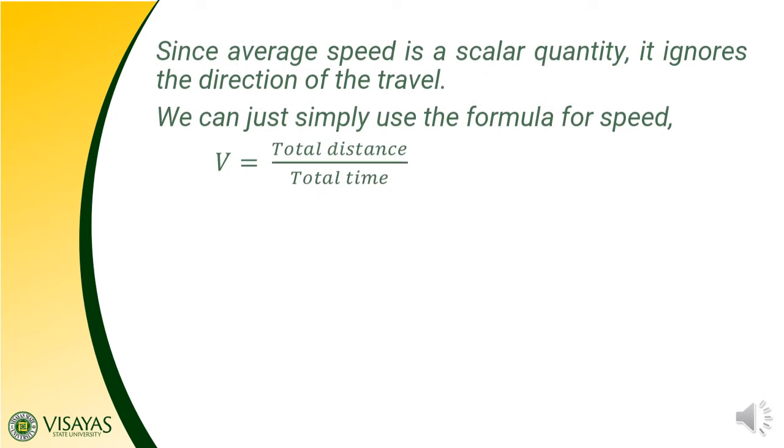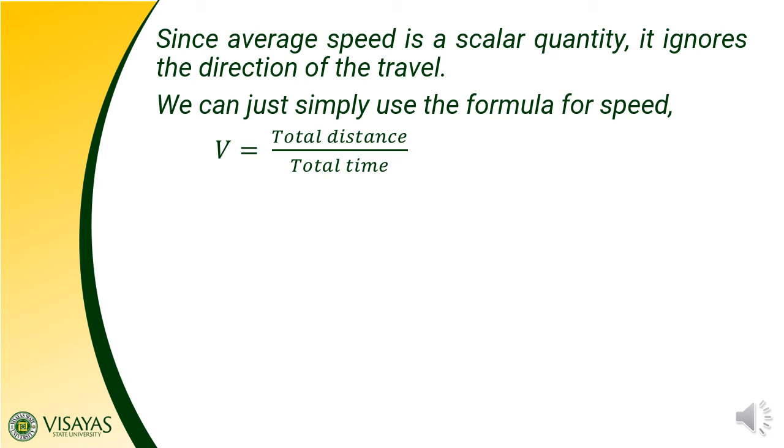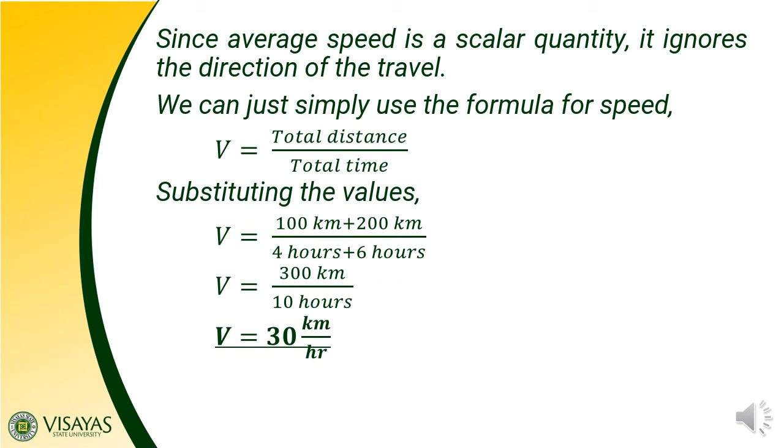In solving for the average speed, we must remember that the average speed is a scalar quantity. It ignores the direction of the travel, so we can simply use the formula for speed, which is equal to v, the symbol for speed, is equal to the total distance over the total time. So, substituting the values, v or the speed is equal to 100 kilometers